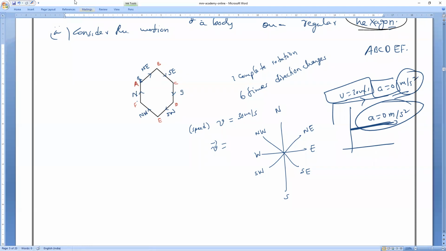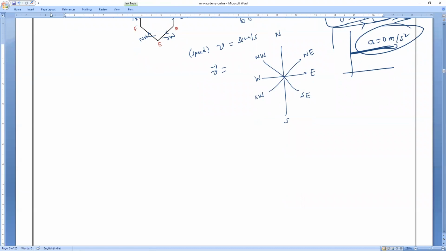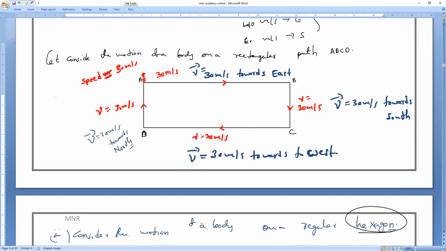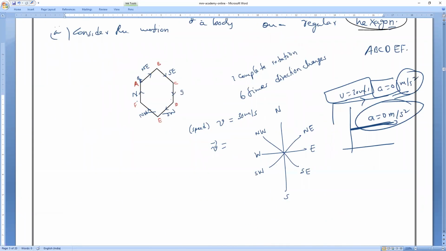So totally how many times is he changing direction? 6 times. Like that, I keep on increasing. Have you noticed? Rectangular means how many sides? 4 sides. Hexagon means how many sides? 6 sides. Decagon means how many sides? 10 sides. Like that, if I keep on increasing to 20 sides, 1,000 sides, 10,000 sides,